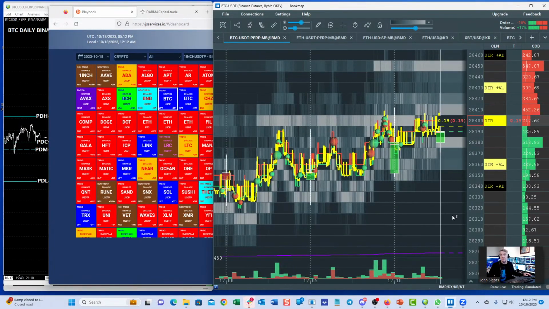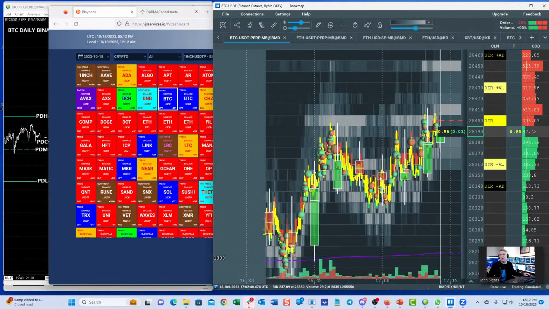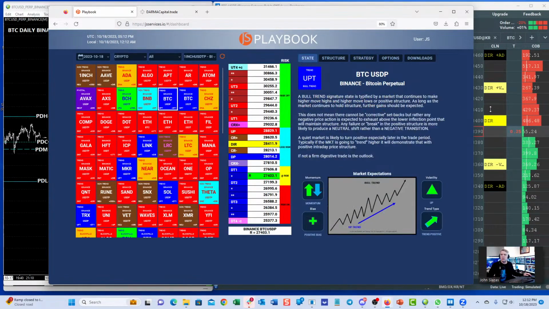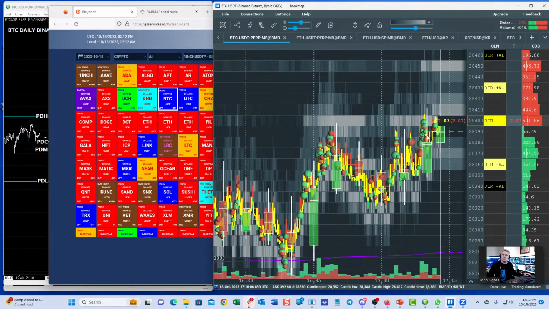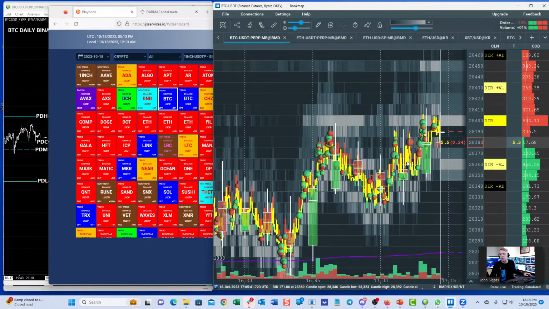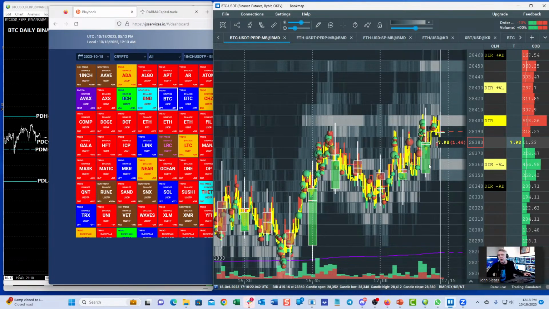I like to look at the flows that are coming in on the microstructure, but we'll get to that in a minute. Just going over from the top down, the main point here was that you can't get too caught up in the micro. You need to understand what the structure is, and by doing that, it gives you more insight into the microstructure, and you're able to anticipate and have expectations. You're going to expect something to occur, and then when you see that happening in the microstructure, it makes it easier to act. You're not thinking, you're just doing, you're acting, and that's the big thing.